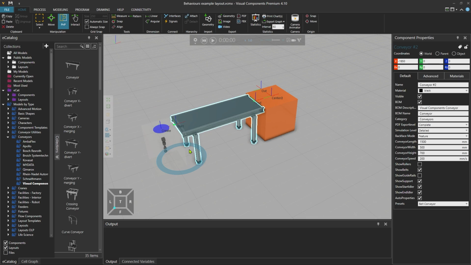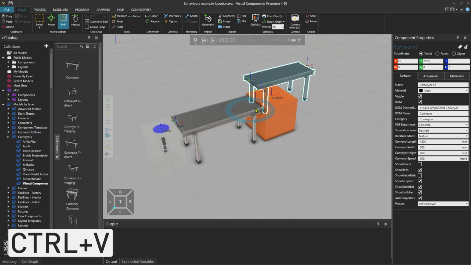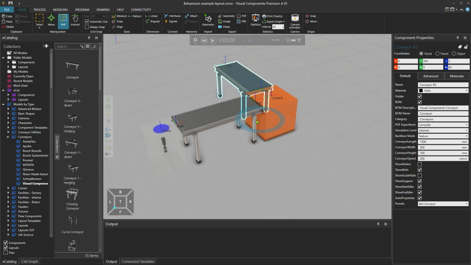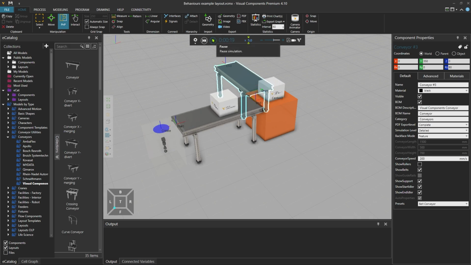And to create a second conveyor, let's copy the conveyor using Ctrl+C and Ctrl+V on the keyboard. Then using PNP, connect the second conveyor to the outside of the component, and pressing play to run the simulation and setting the speed to 5, the products will move through the component.